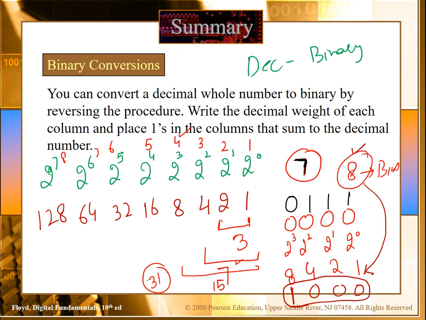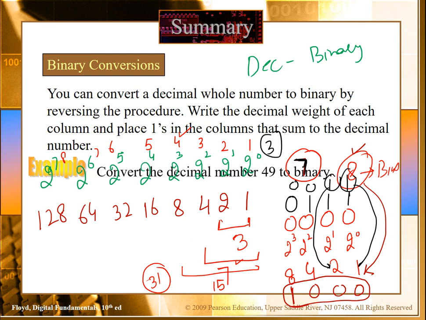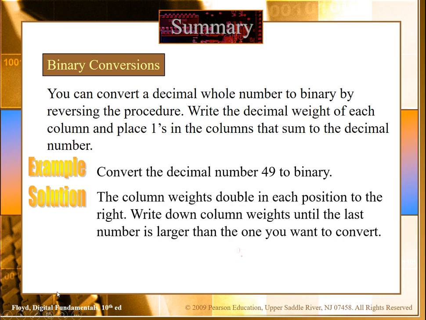If you want to get 3, I have to make this bit 0 and these two bits 1 1, because if these two bits are 1 1, this will be 1 and this will be 2, and 2 plus 1 is 3. So this way we can convert from decimal to binary. This is one way. There are two other ways which I will discuss during the live session, about the conversion.